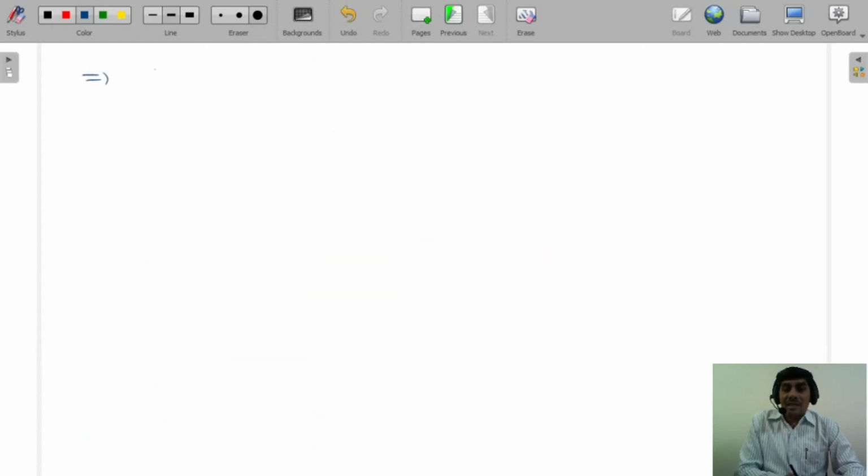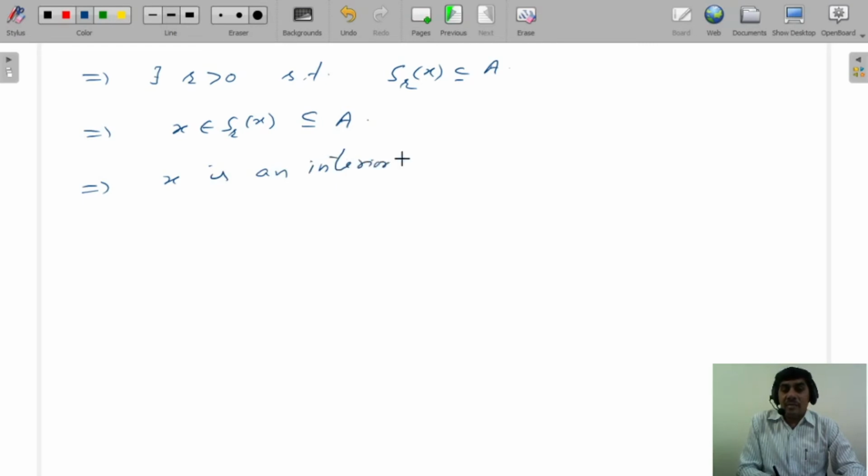This implies there exists r greater than 0 such that the sphere centered on x with radius r is contained in A. This implies x belongs to S_r(x) contained in A. This implies x is an interior point of A, that is, x belongs to A interior,